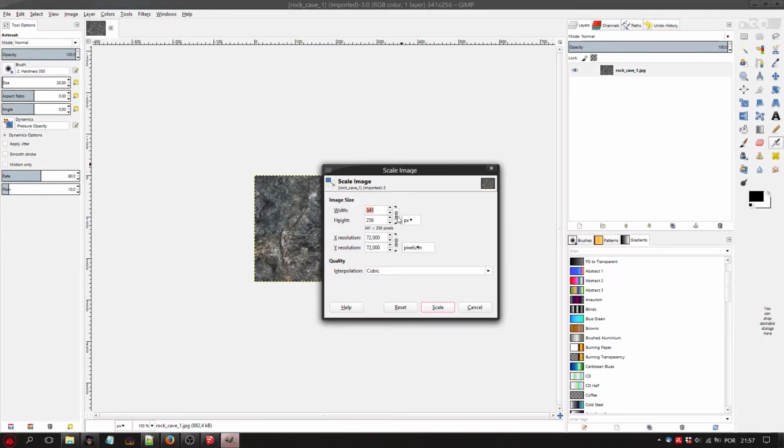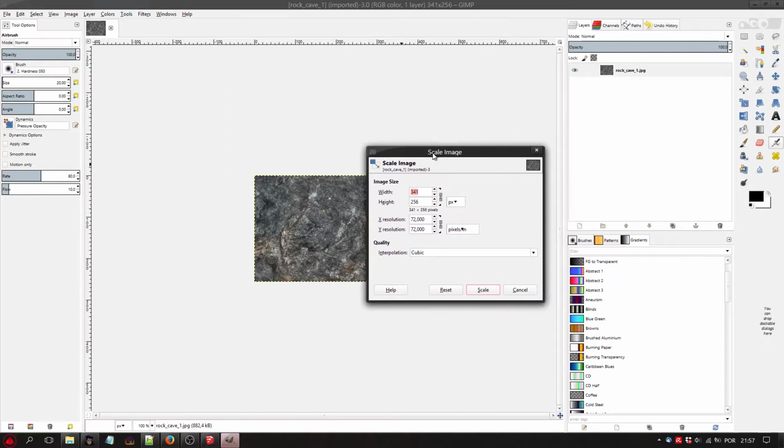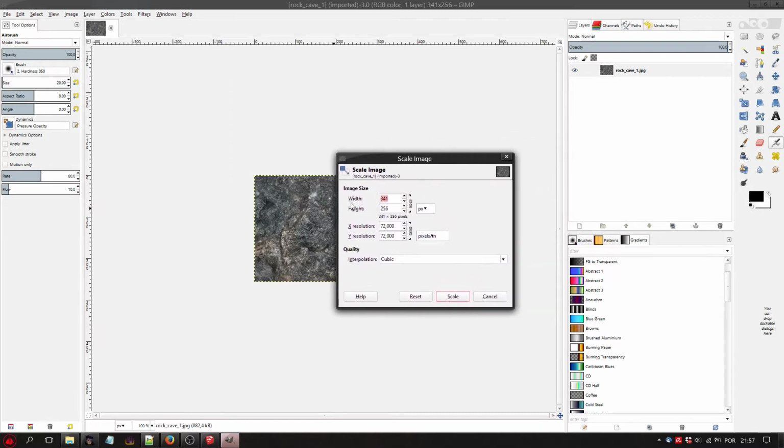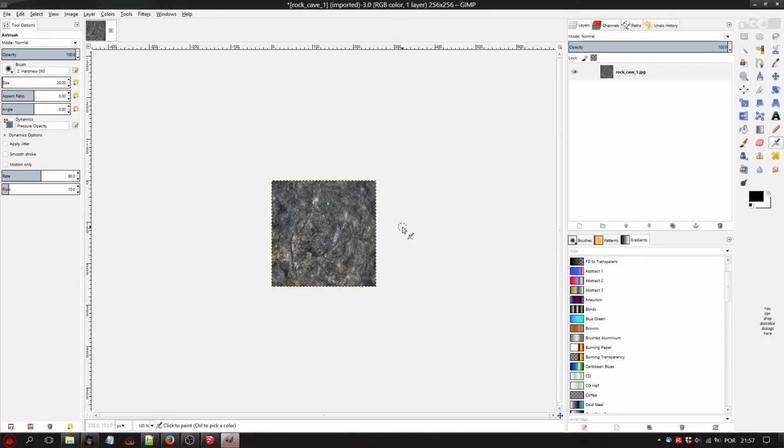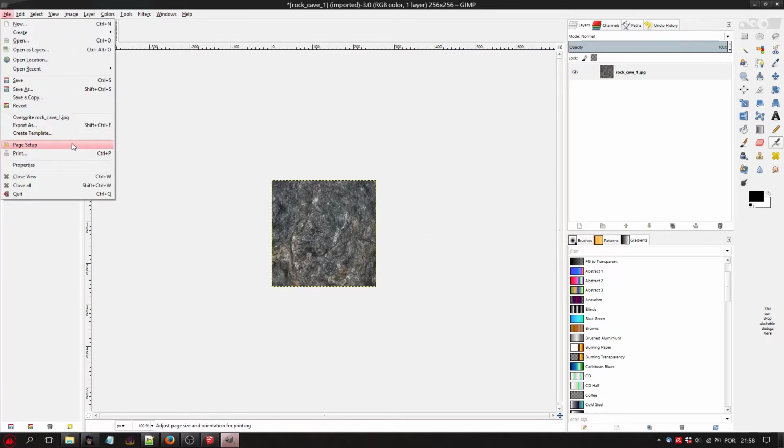When the image is not the same number of pixels in width and height, you need to click here, so GIMP allows us to put the same size for width and height. That was the problem. The engine doesn't work well if the width and height aren't the same.